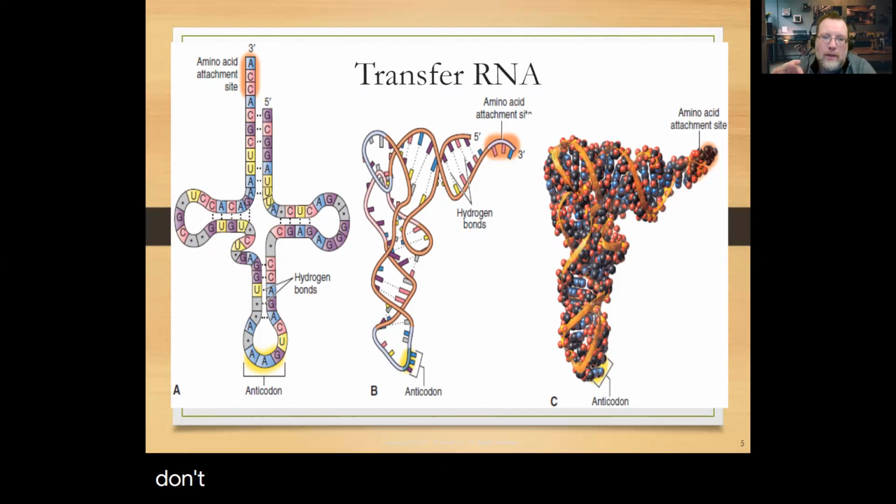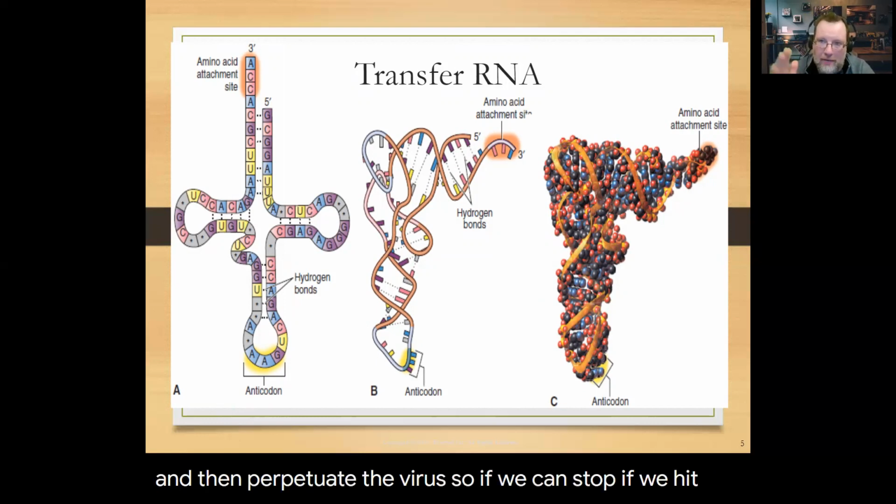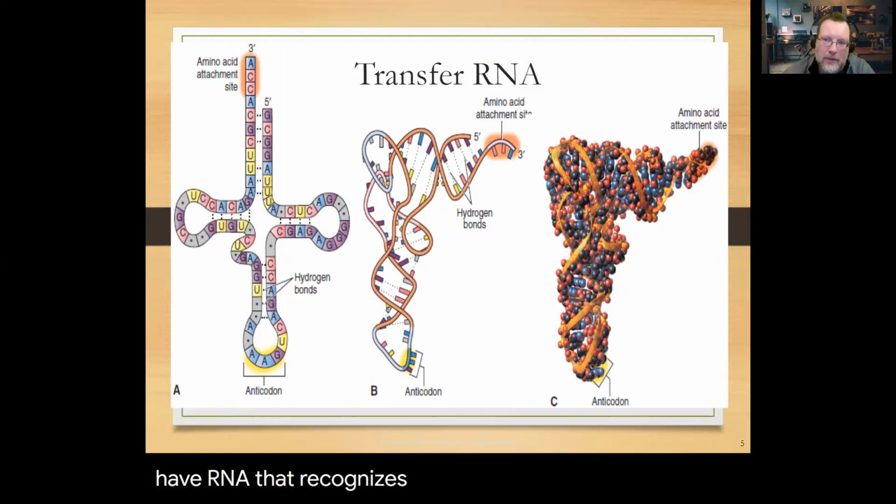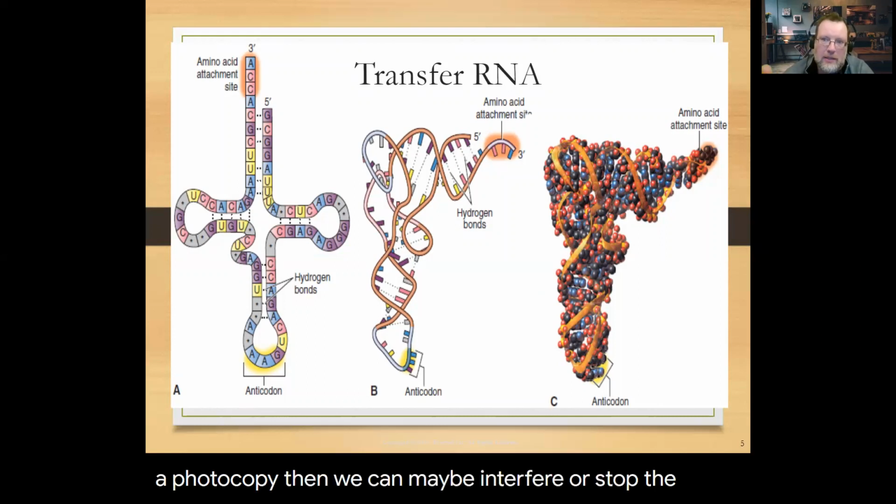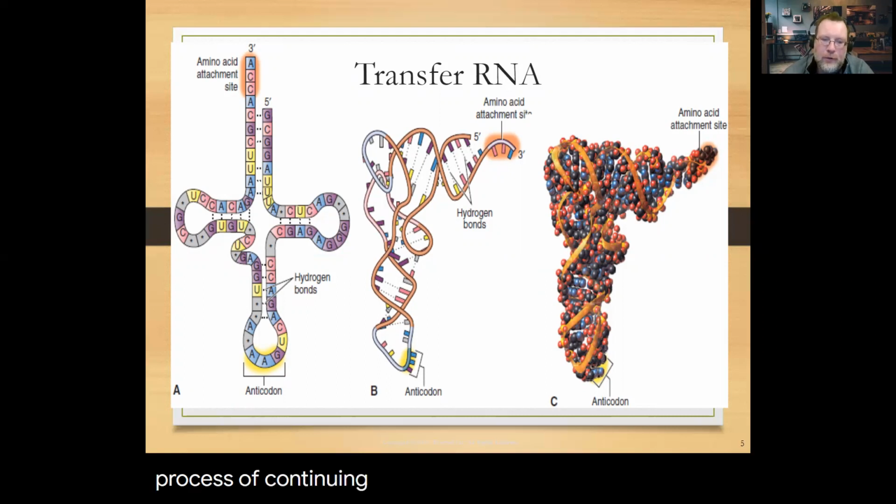We don't want that virus to be able to affect the nucleus and thus provide iffy DNA for the RNA to make photocopies of and then perpetuate the virus. So if we can have RNA that recognizes something's fishy when we make a photocopy, then we can maybe interfere or stop the process of continuing to make copies of viral infected DNA, and/or